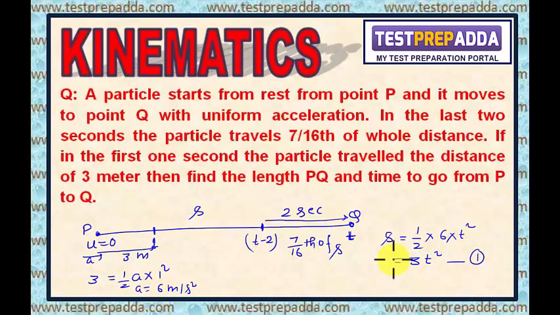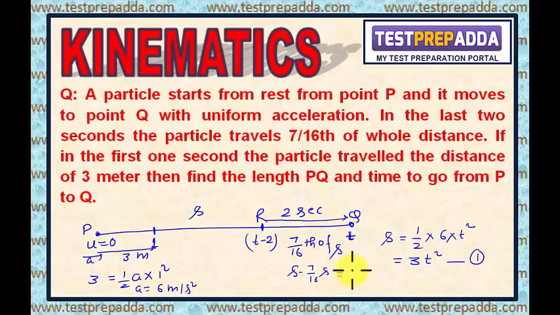Okay, consider this as 1. Now, since the particle travels 7/16 of total distance in this 2 seconds, the distance PR, let us say this as R, will be how much? S minus 7/16. And this distance is covered in how much time? T minus 2 seconds. So I'll write here S minus